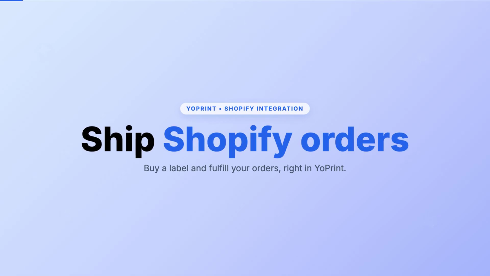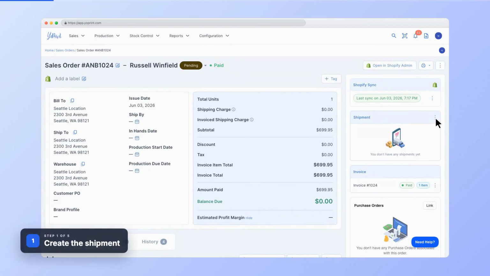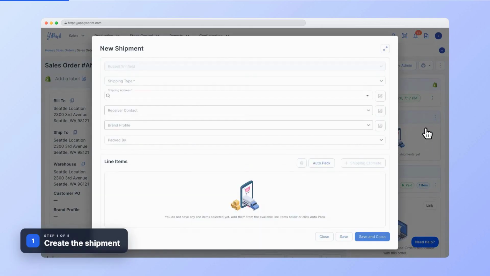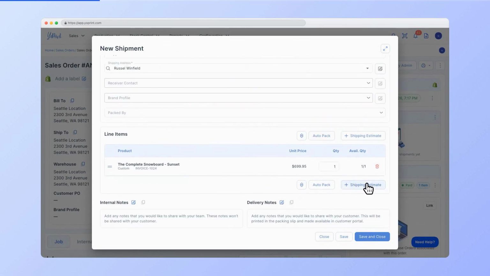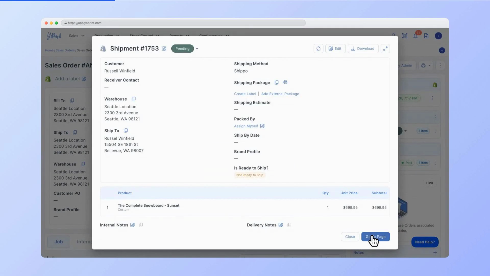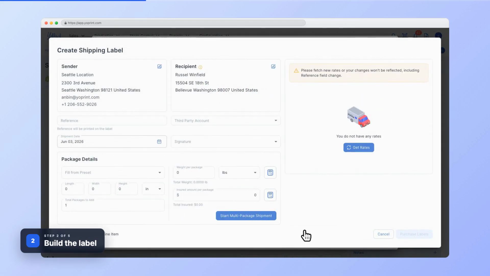Let's ship one of your Shopify orders right from YoPrint. Open the synced sales order and create a shipment. We'll use Shippo here. Confirm the shipping address that came over from Shopify, then check the product and add it. Save the shipment. Now create the shipping label, add a package, picking a box and entering its weight and size,